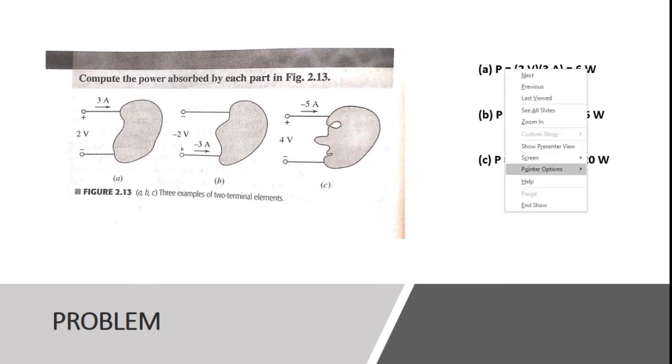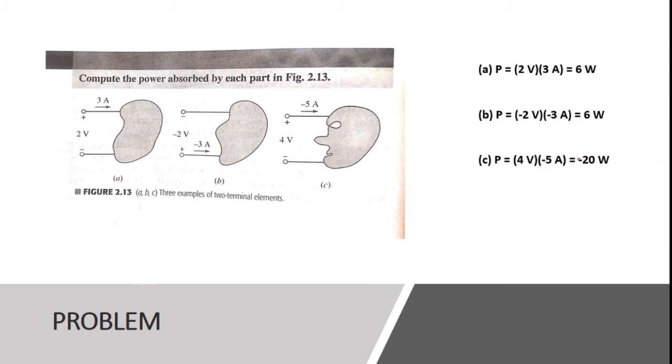The unit of power is watts. This is well known to us, but still I'm telling you. For voltage, the unit is volts. For current, the unit is ampere. And for power, the unit is watts. If you just write a 6, that does not have any meaning at all. When I write 6 watts, it implies the power of that element is 6 watts. So whenever you do anything, it is mandatory, it is compulsory to mention the unit of a particular number. Just writing a number has no value at all. You will not be given marks in any case.